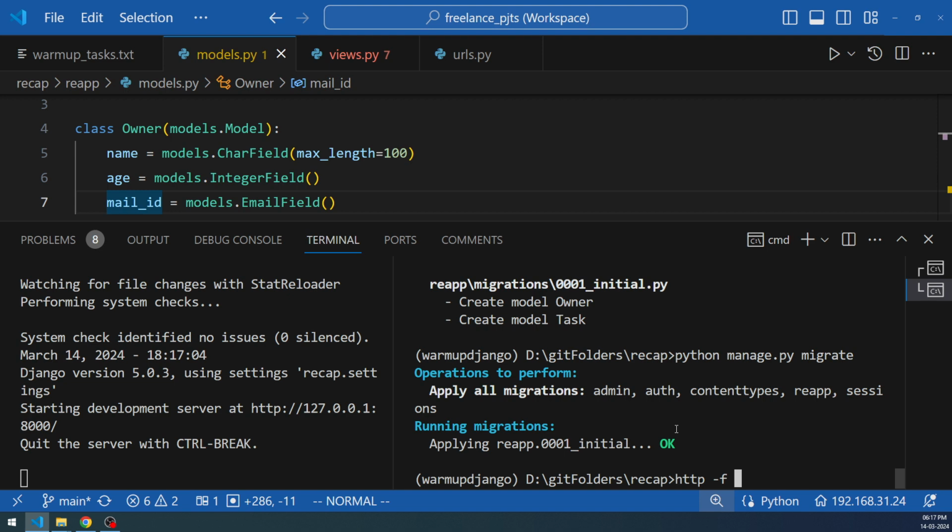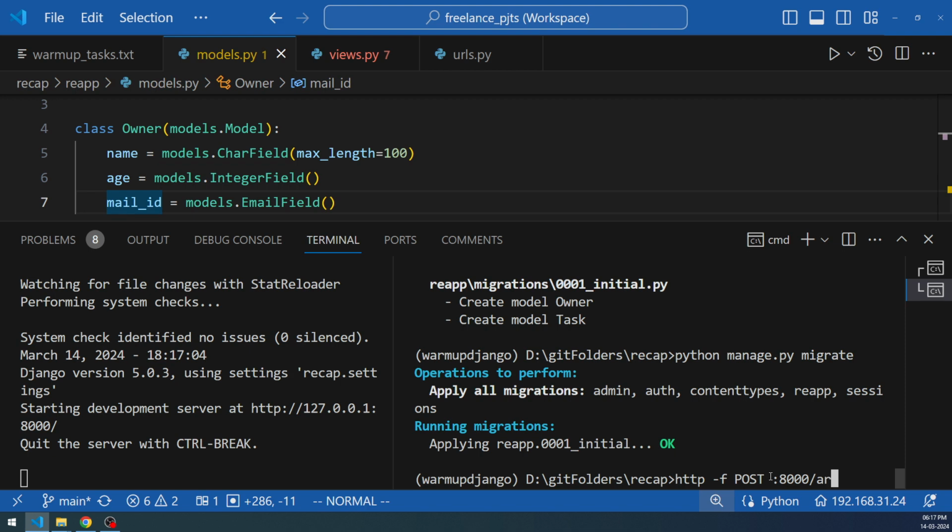If you're going to create it from the front end, you will have a different process altogether. You'll need HTML for it. You'll need an HTML form and text boxes with the names, and those names will be name, age, and mail ID. So that's how it works. And let's proceed. So if I say HTTPF post, I'm going to throw it on 8000 port